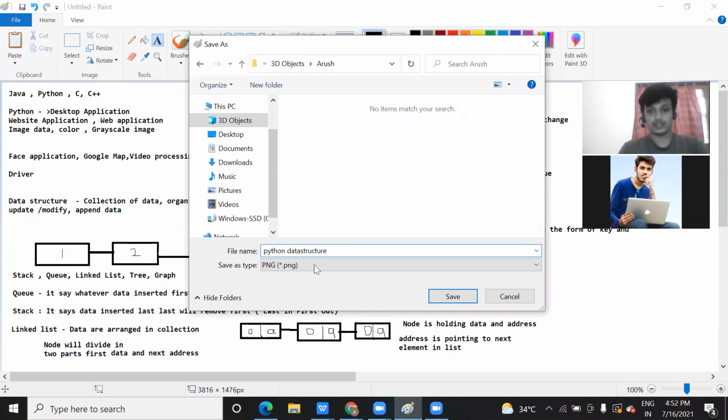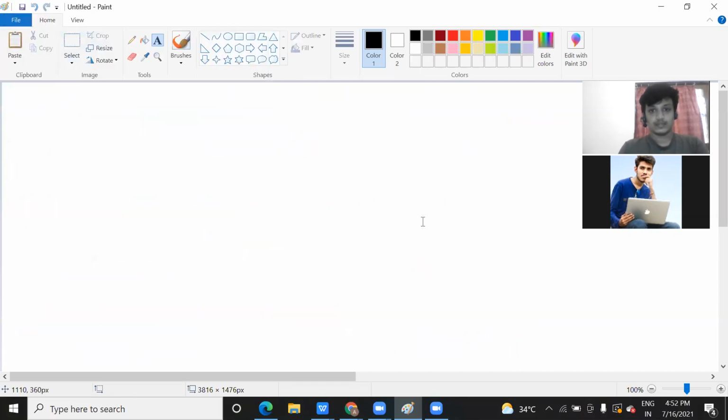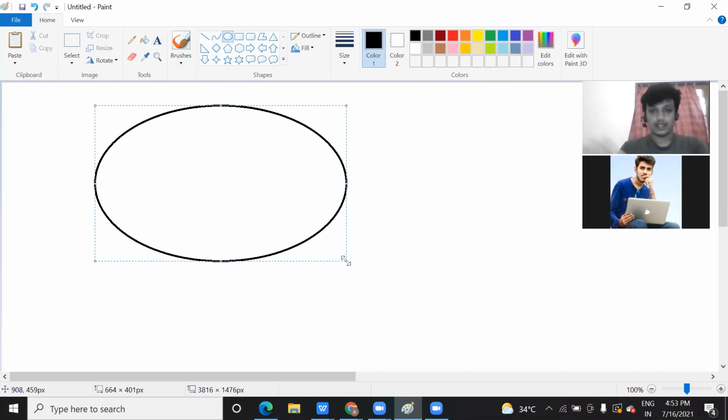Let me save this, and then I will open another file. So now, as I was saying, suppose I've already told you how this list appears. We have, inside the memory, this is your RAM. Inside the RAM, suppose this is your processor, and this is your program.